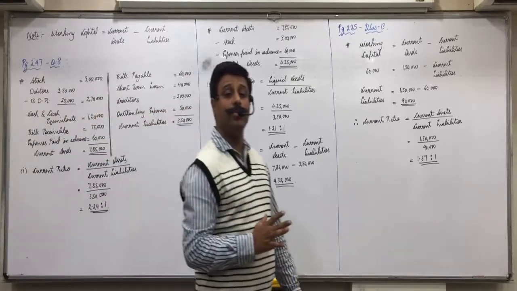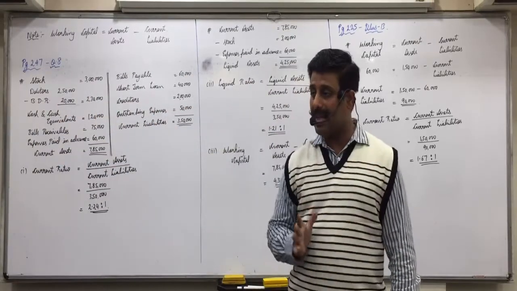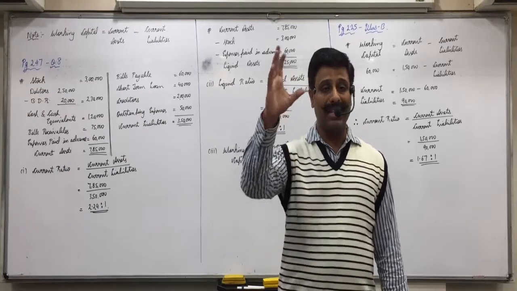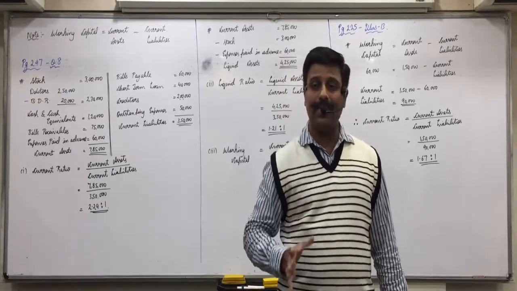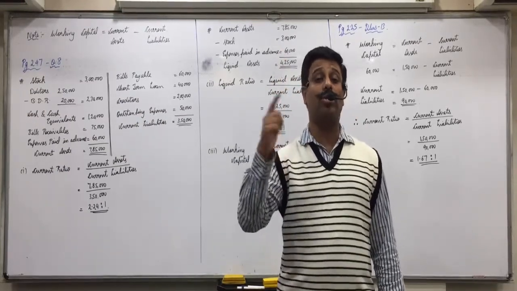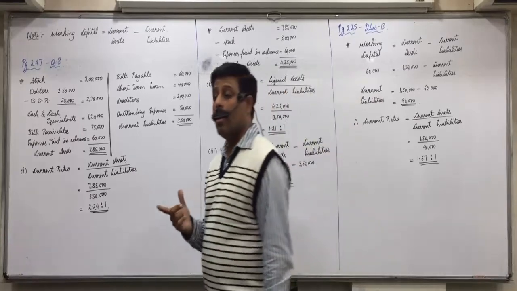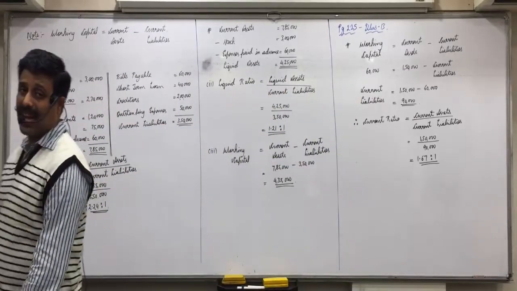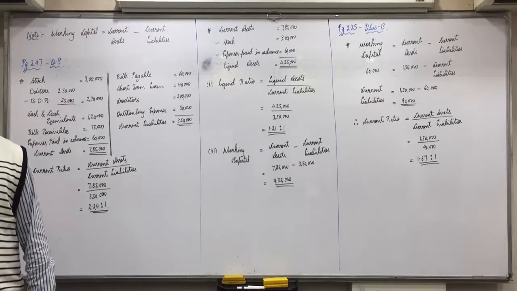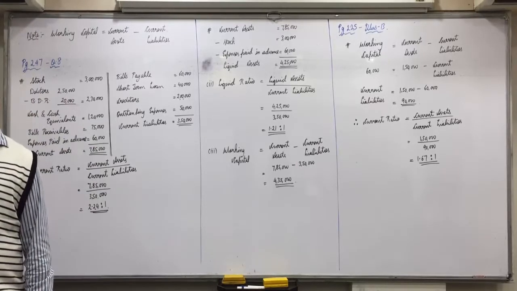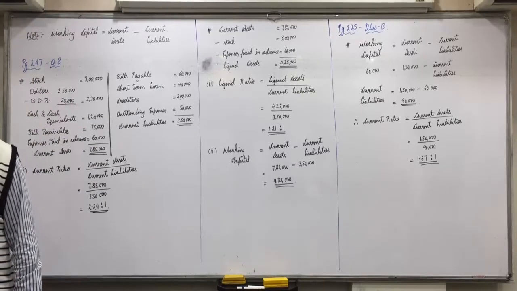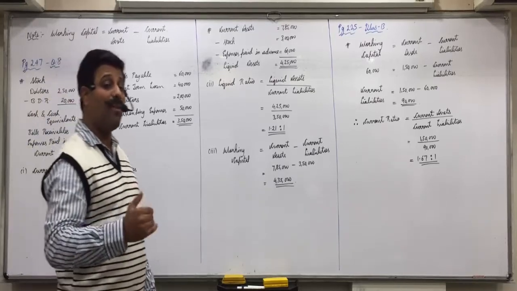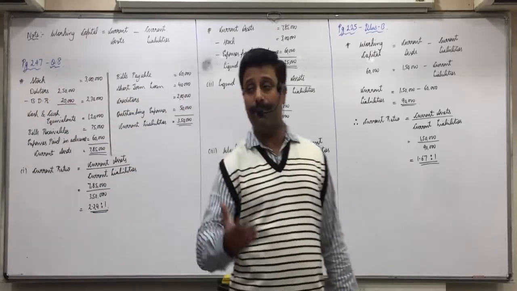First, debt equity ratio, debt upon equity. Assets to debt ratio, assets upon debt. Then proprietary ratio shows what? How much of assets are financed by owner's capital. So what is the formula? Owner's fund upon assets. And interest coverage ratio shows profit is how many more times compared to interest.